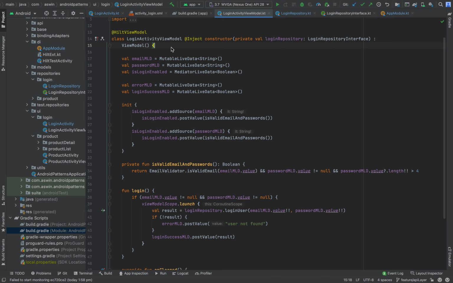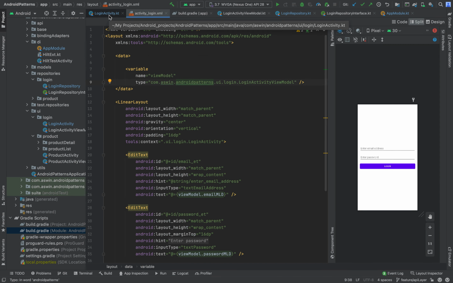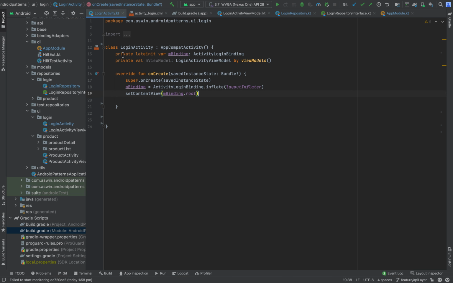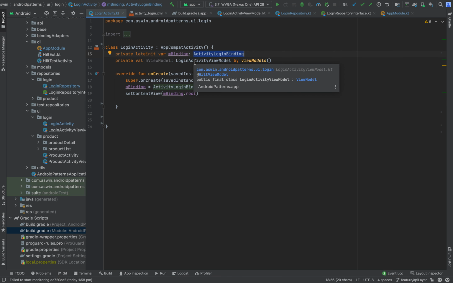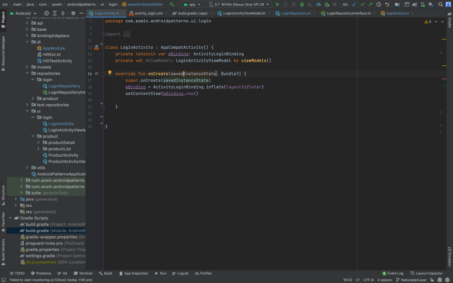Next, we need to bind the view model with the view. Inside the login activity, we need to create a variable for activity login binding, and we can create an instance for the login activity view model by using the viewModels Kotlin extension.